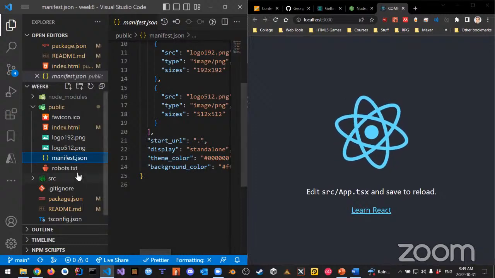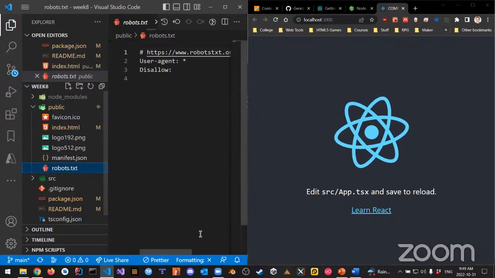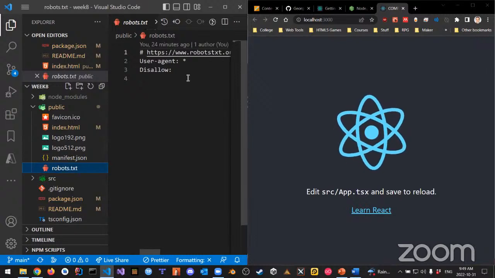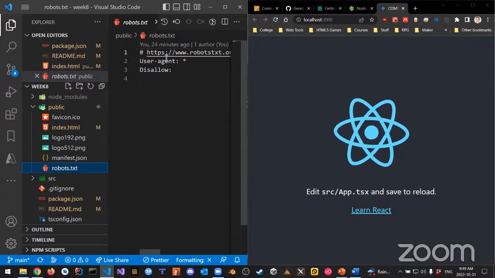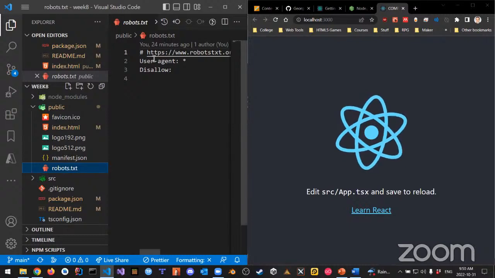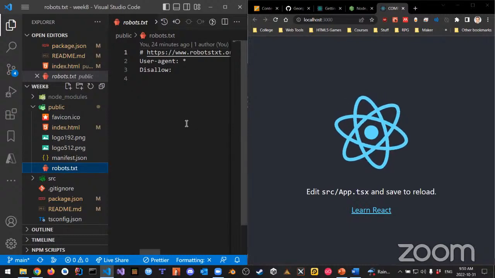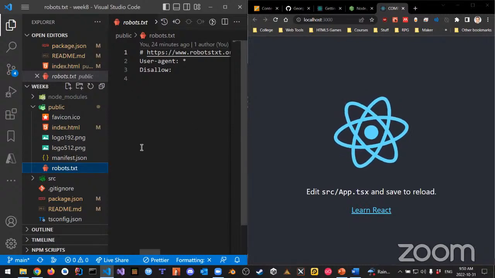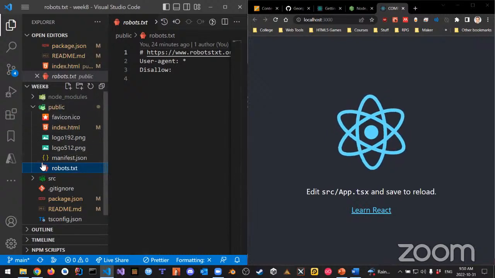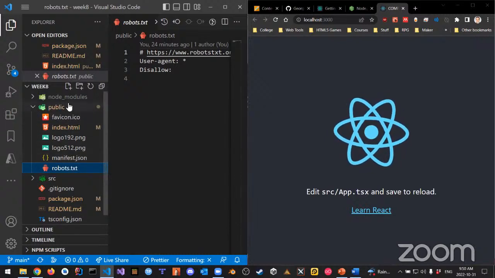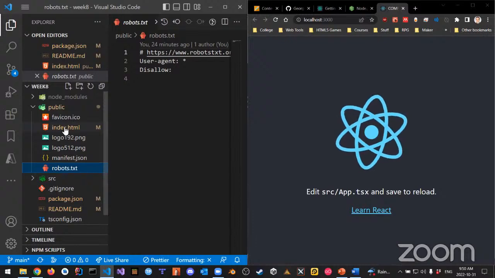Okay. We have a robots.txt file for web crawlers, which we use to defend against those and also to describe certain things in our code. We can do that. And really, that's our public folder. Our public folder doesn't have anything else, just this stuff. But one thing to note is this. If I go back to my index.html file,